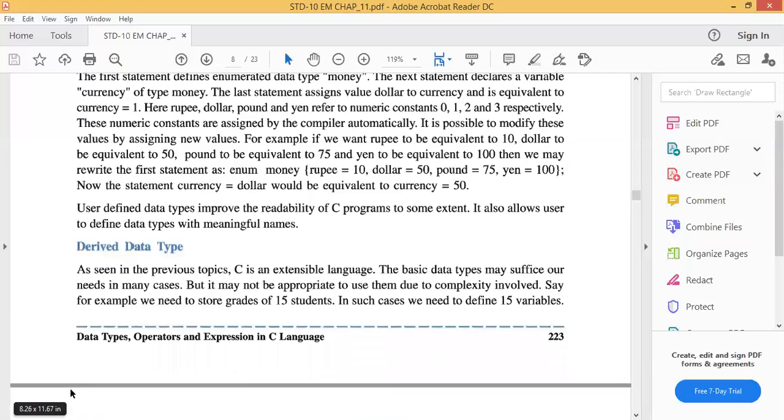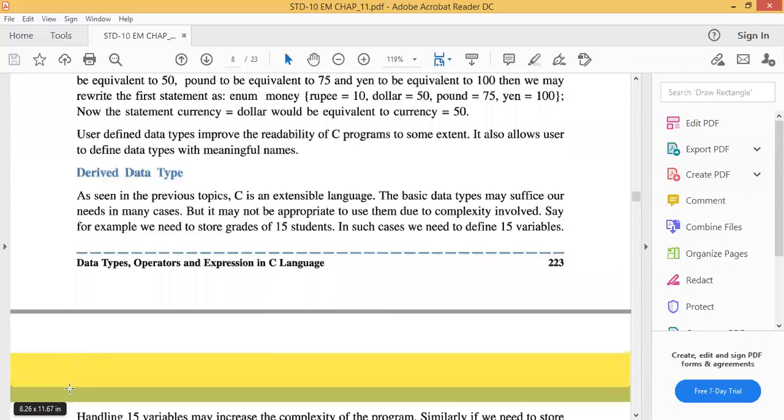User-defined data types improve the readability of C programs. In some contexts, it also allows the user to define the data type with meaningful names. Derived data type. As seen in the previous topic, C is an extensible language. The basic data types may suffice our needs in many cases, but it may not be appropriate to use them due to the complexity involved. Say, for example,